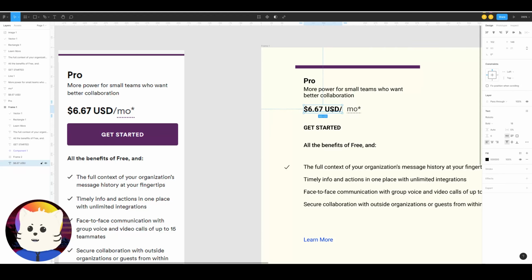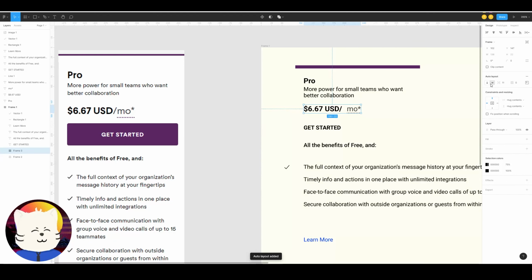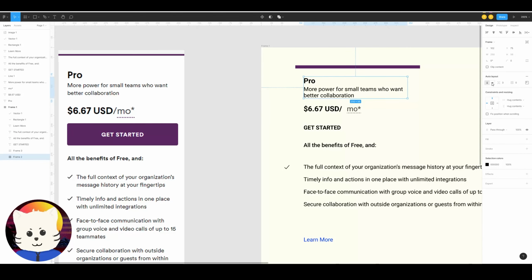And this one, so these two will be an auto layout also, but they will be side by side. So this one is going down. If I click this, you can see an auto layout here on the side. If you click on this one, it will go left to right. If you go down, it'll be up to down. So this one is left to right. We'll have that one. And this one is the spacing in between